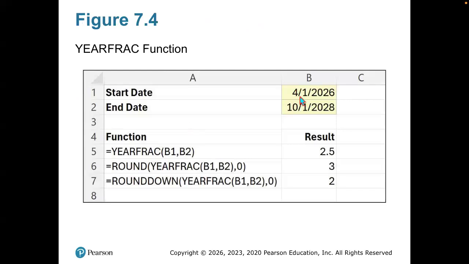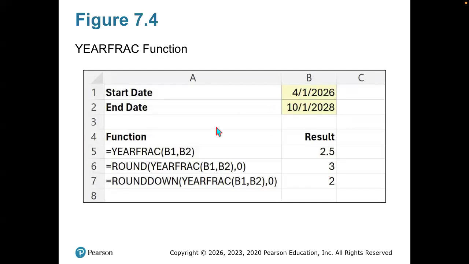So let's say I have these 2 dates. I have April 1st, 2026 and October 1st, 2028. This is going to tell me that between these two is 2.5 years. So we know that going from 2026 to 2028, that's 2 years, and we have 5 months on top of that. So this decimal is telling me the amount of years in the first part, the amount of months in the second part. So it's essentially calculating a fraction, or technically a decimal value, of how much is in